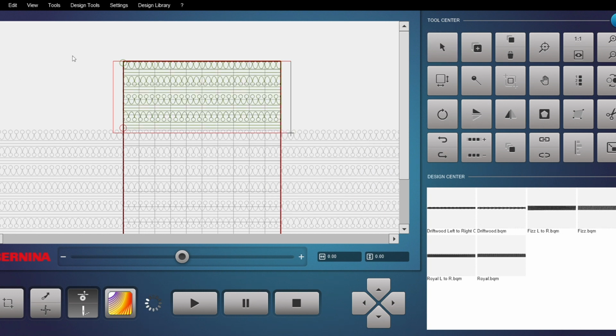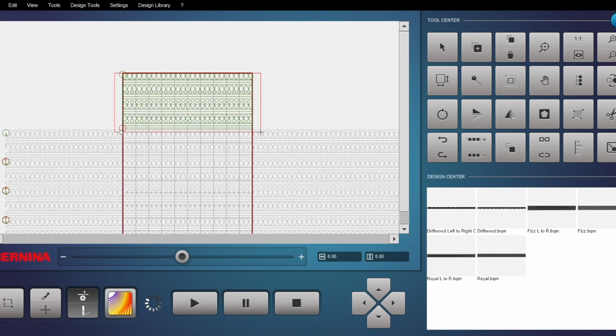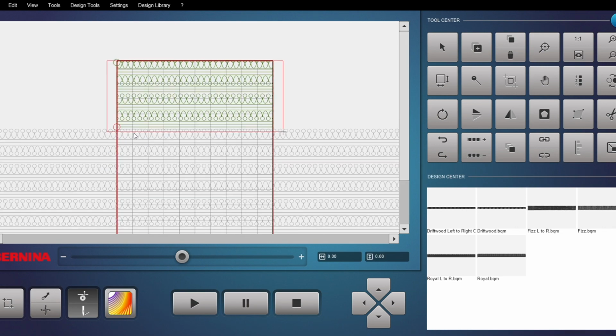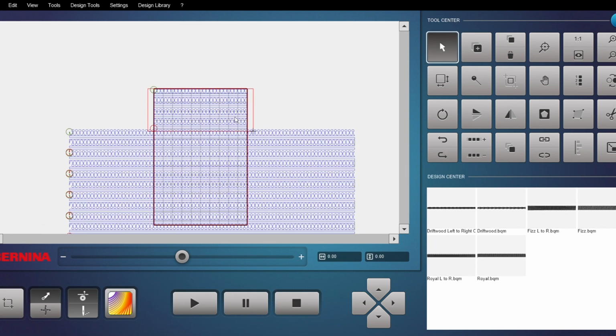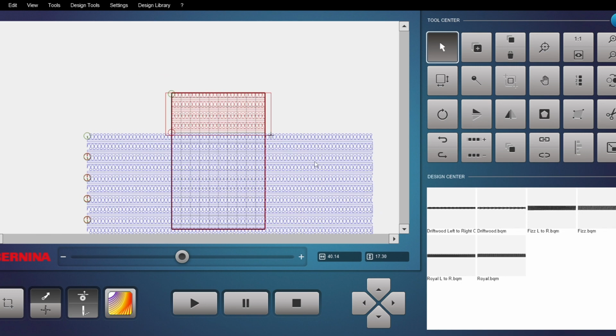And now I'm ready for it to stitch this design all the way through. It will stitch those 2 rows and then stop when it gets over here. Okay. So that's how I set up an extended width if I like the default size. I'm just going to hit stop there because I'm going to redo this to show you a different method. So if I want to alter the size at all, so real quick, I'm just going to,